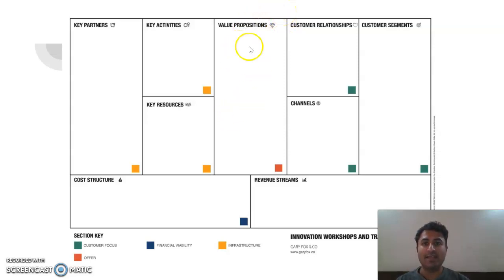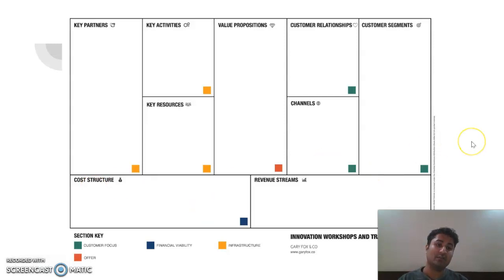It is right here in the middle, and it is surrounded by everything related to the customer on the right side, like customer relationships, customer segments and channels, with revenue on the bottom right, and all the major aspects of the business, like key partners, key activities and key resources on the left side, with cost structure on the bottom left. We'll discuss each one of these